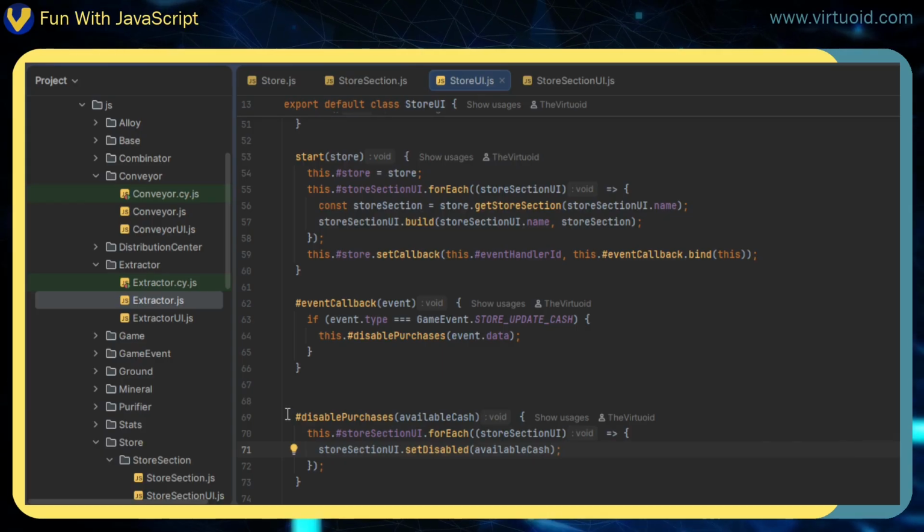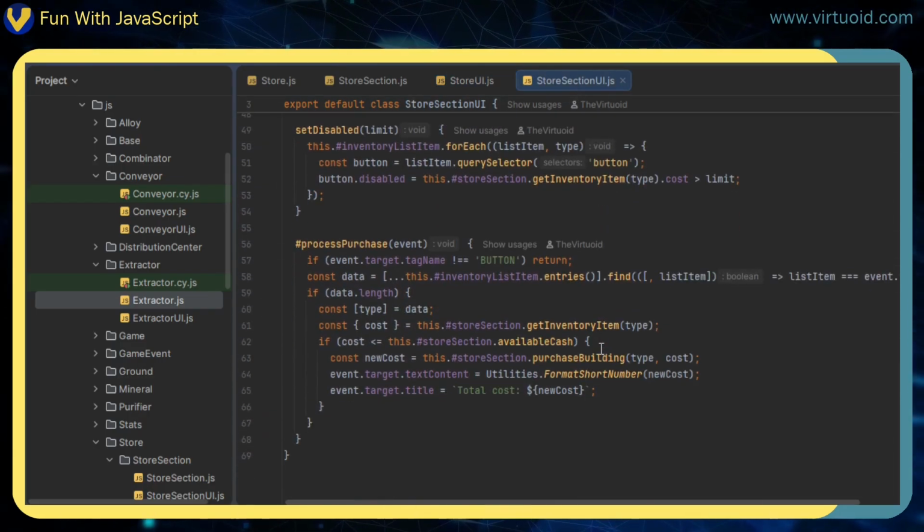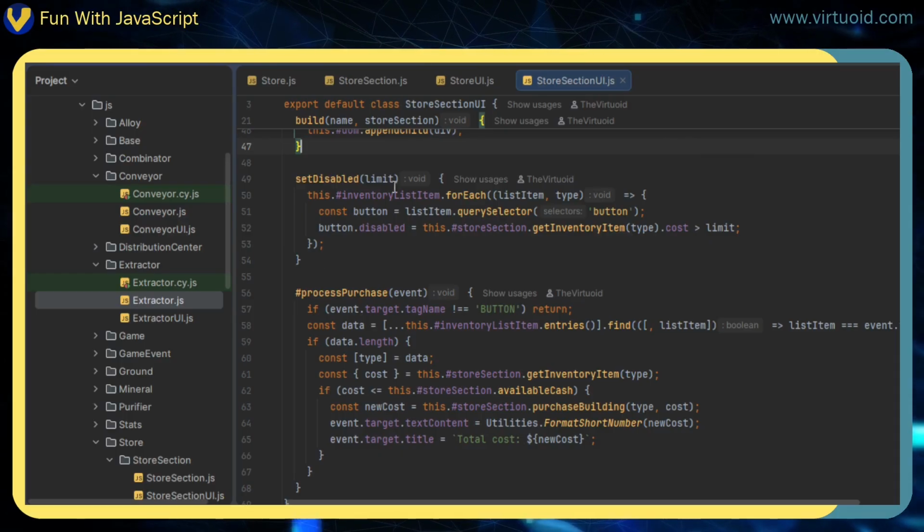So then we're going to go to disable purchases, and we're going to go through each one of these store section UIs, and we're going to do a set disabled. So let's go to store section UI, and that's when set disabled gets called. And here's the particular limit. We go through each of the different limits, and we determine whether the cost of the inventory item is greater than a limit. If it is, that's how we set the disable button. So that's how the